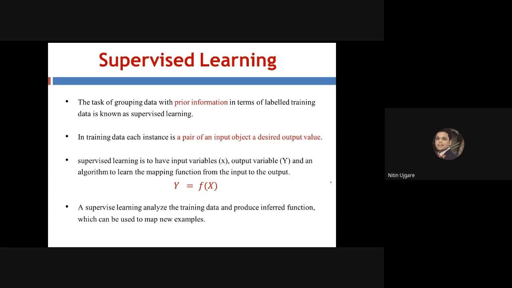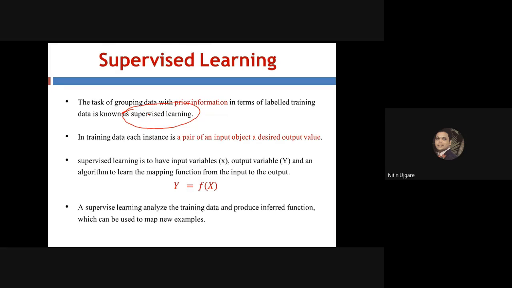So what does supervised learning say? Supervised learning says that when we have prior information about the data set in terms of the labels of the data, that means whenever the labels of your training data set are known to us, we call it supervised learning. The entire environment is under control. Remember, I have already mentioned supervised learning in the first or second session. Whenever our training data set has labels and the entire environment is under control, it is called supervised learning.